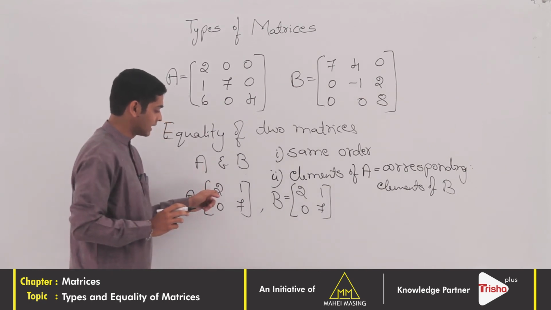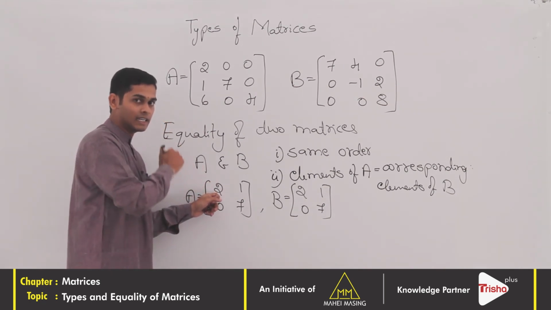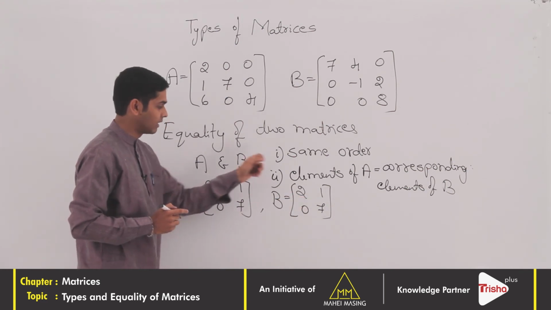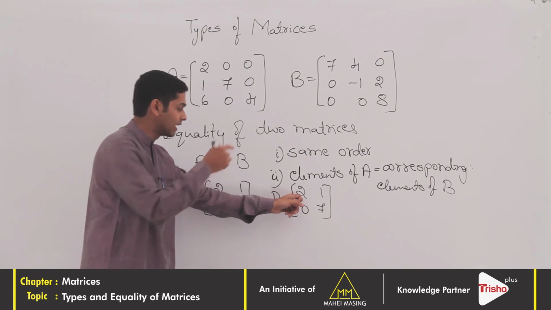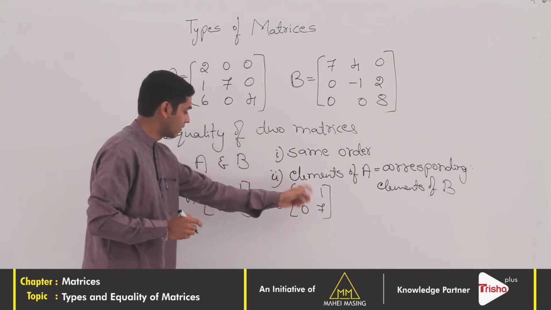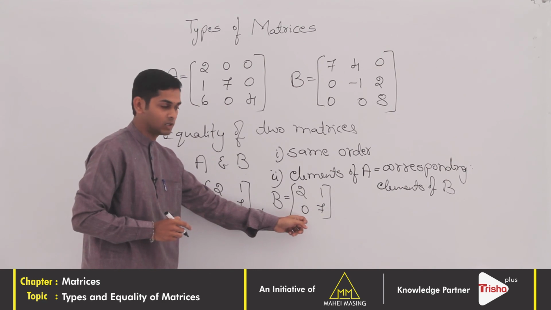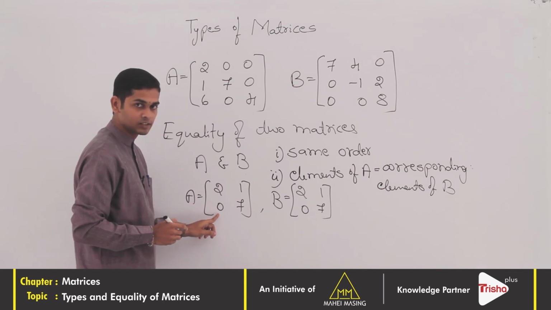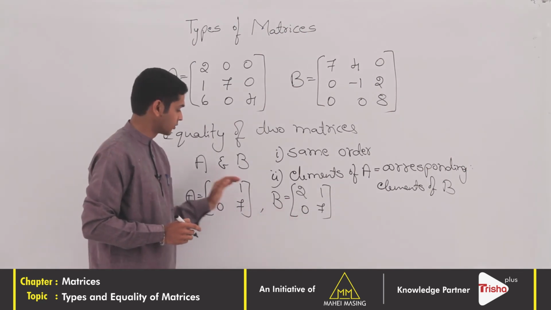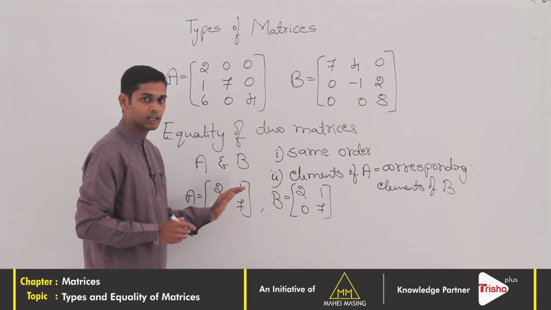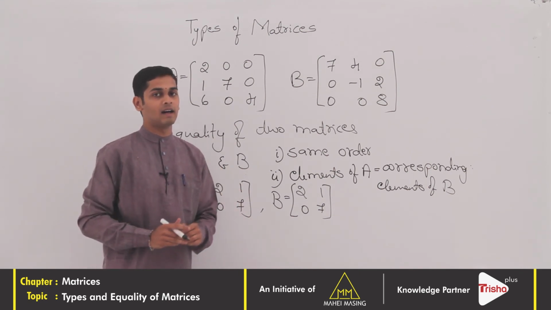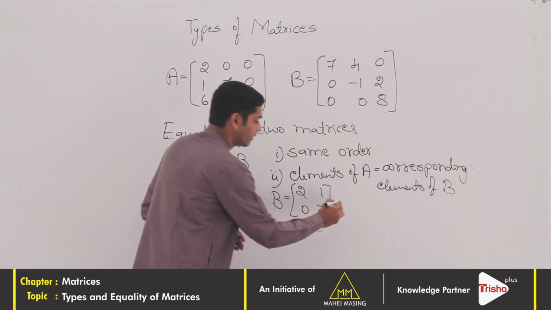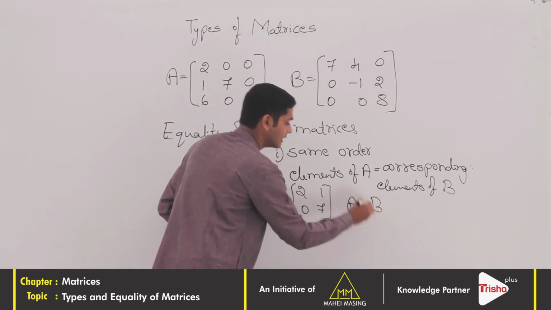The second condition, each element of A is equal to the corresponding element of B. See, A11 is 2, and in B, A11 is again 2. A12 of A is equal to A12 of B, which is 1, A22 of A is equal to A22 of B, A21 of A is 0, A21 of B is 0. So A11, A12, A21, A22 of both A and B are equal. Therefore, these two matrices are equal and we denote it as A is equal to